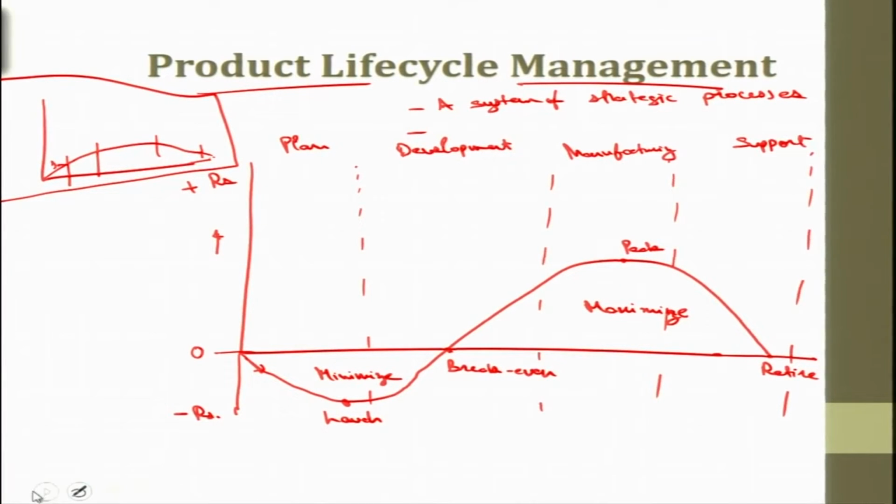So, if we use PLM, or product lifecycle management software, what happens? This is reduced, and this is maximized. The peak is attained earlier than in the normal design. Then product launch could happen even earlier, and break even is achieved earlier. So, this is the kind of profit, or the kind of contraction in time, that happens using